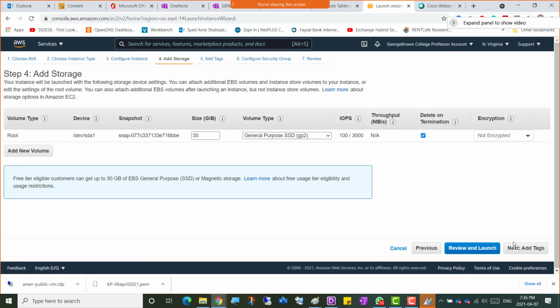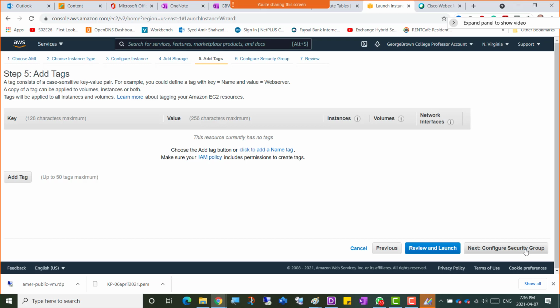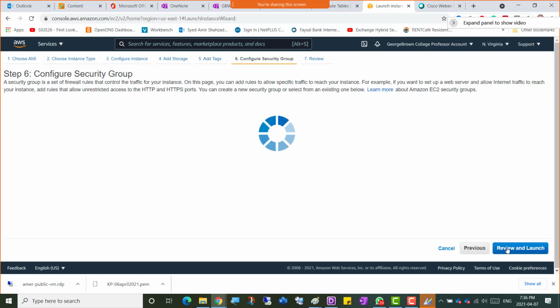Nothing in the storage area, so I'm going to click add tags. Nothing in the tags area. Then I'm going to go for configure security group, right? Configure security group. I'm going to click that,